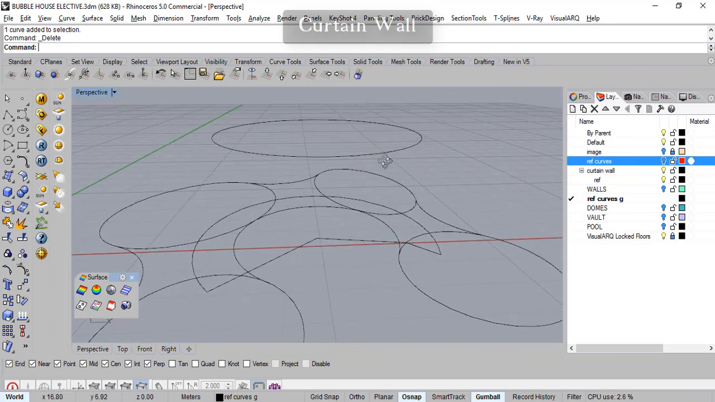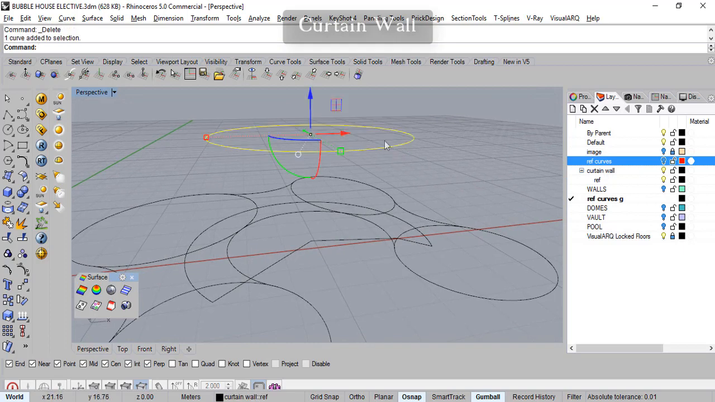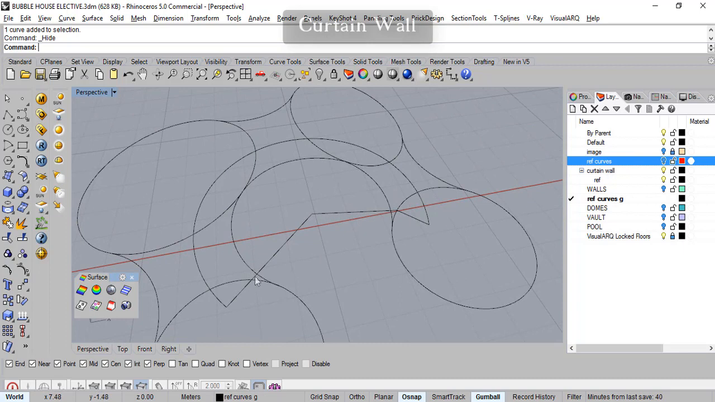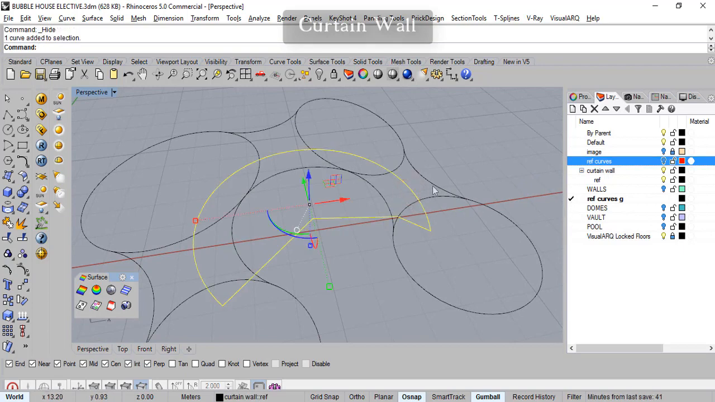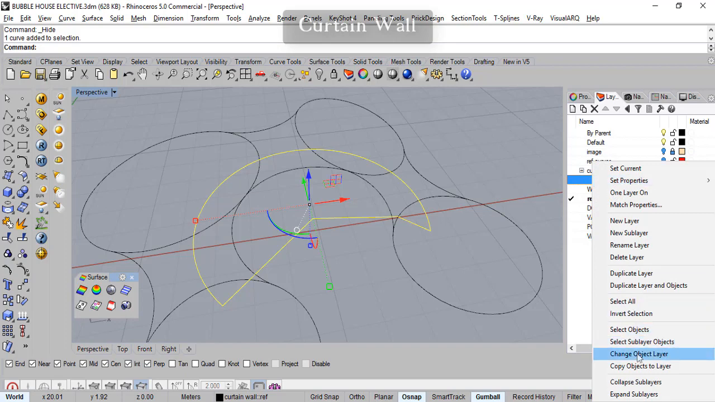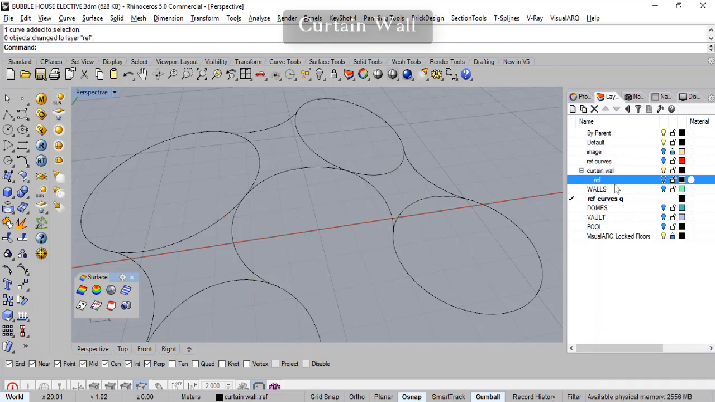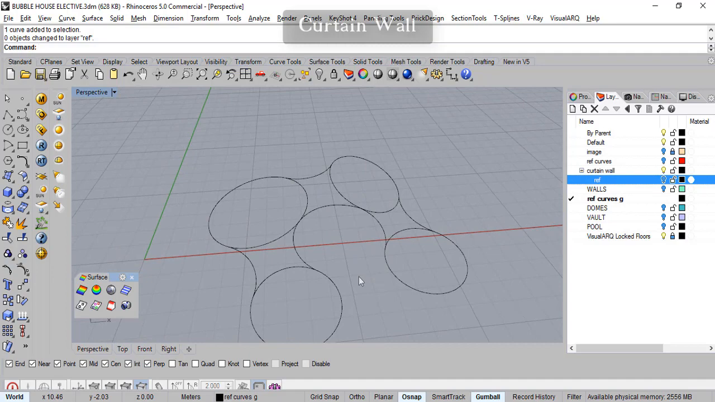I don't know what this circle is, but I can just hide it for now. This is the offset we had created for the passage before we actually subtracted the windows to cut away an opening into this wall. So I guess I can put these curves in the curtain walls layer under reference and pull it off. So we have clean